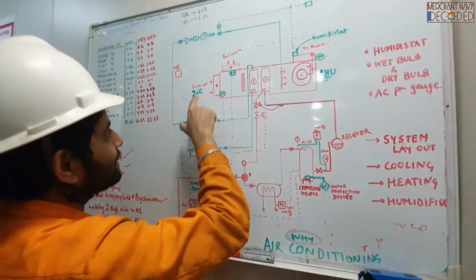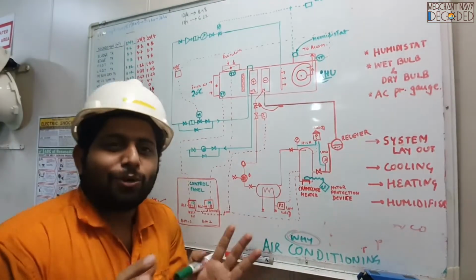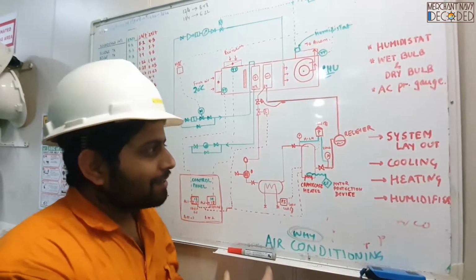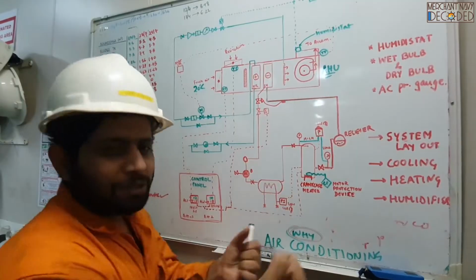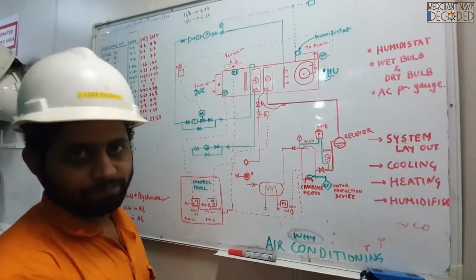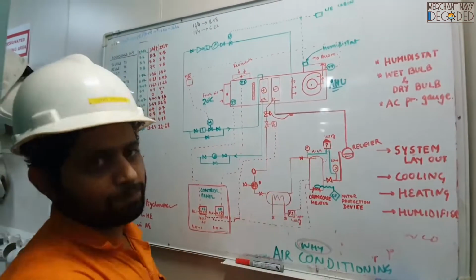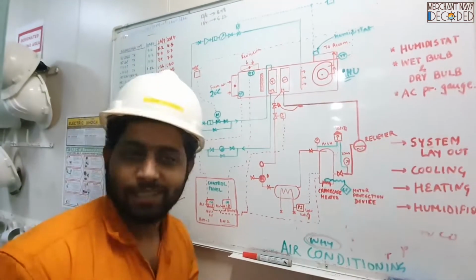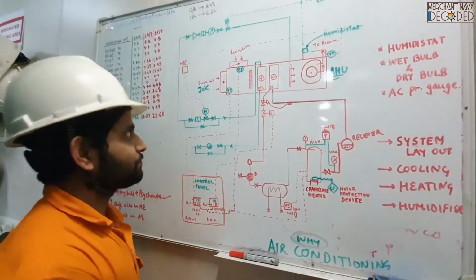Okay. Now when the outside temperature is 20 degrees centigrade, the temperature outside is fine. Then why should I run the AC system? Why should I run the electric power? Why should I make my system work too much? I should give it rest. What I do is I shut the recirculation, and I stop my AC plant. I let this fresh air come in and go to the accommodation. Cool air, easy. Nothing happening, working fine.